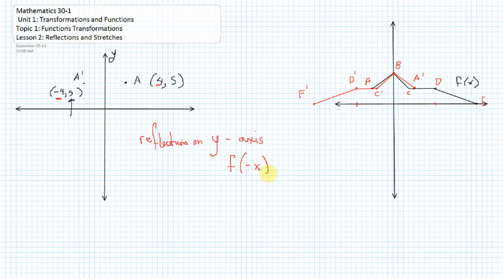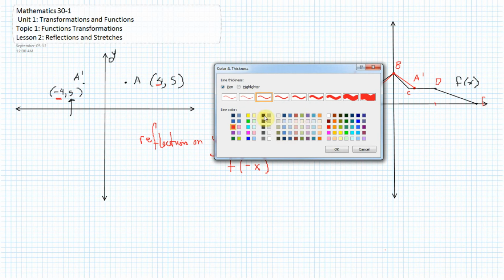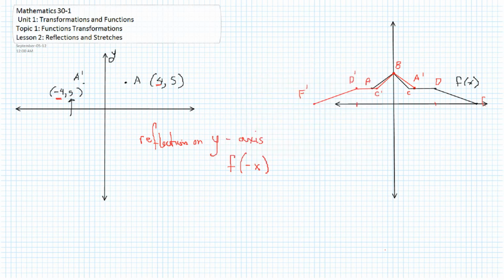And so we end up with that negative being inside the function, and that tells us we're reflecting on the x-axis, or sorry, on the y-axis. Let's look at another equation, or another function. I'm going to draw another Cartesian plane down here,